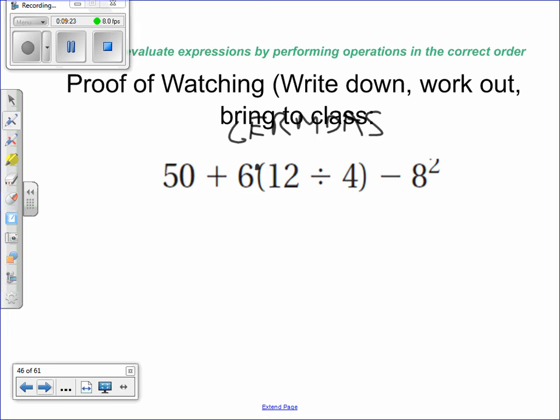And then minus 8 to the 2nd power, or 8 squared. Please write this down. Do it step by step. All right? So figure out what your first step is. Hint. All right? Solve that part. Rewrite the problem. Remember, this means multiply when there's nothing there. And then do the next step. Rewrite the problem, do the next step. This is what I will be looking